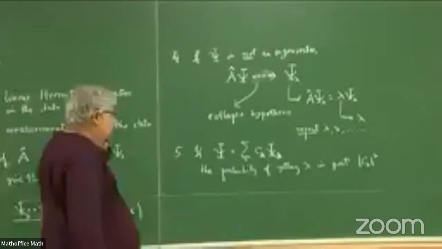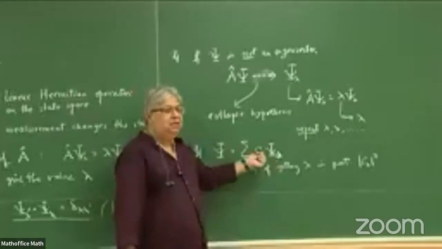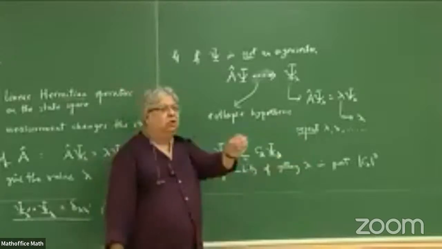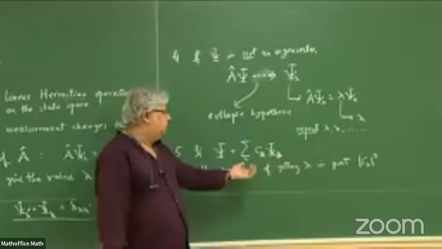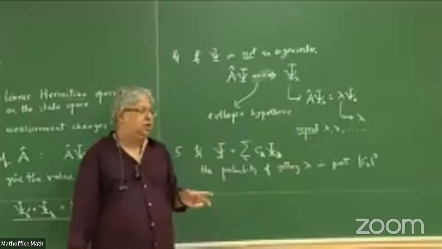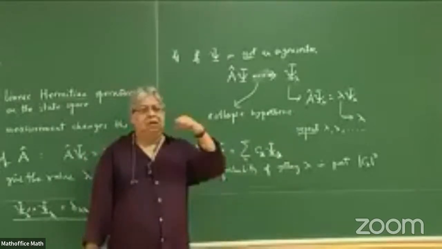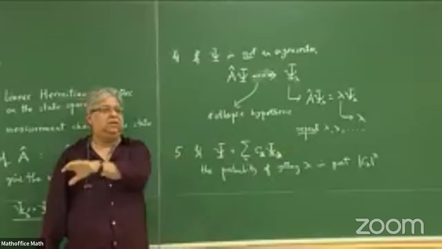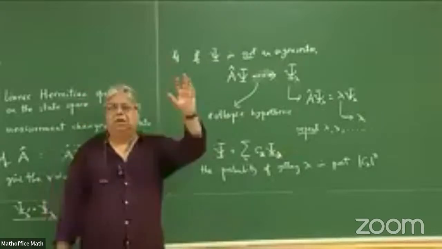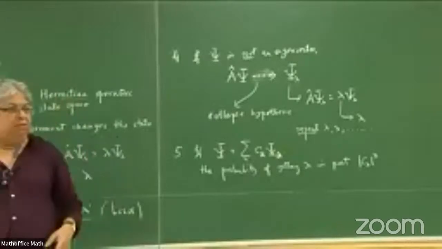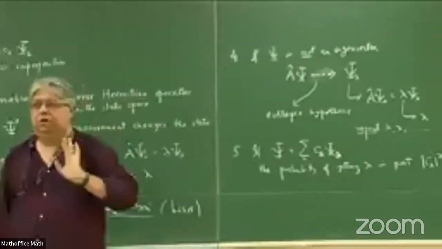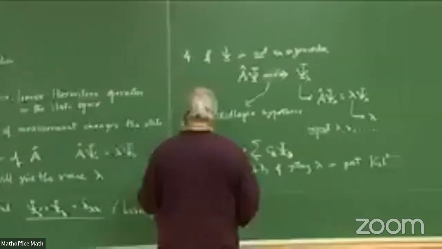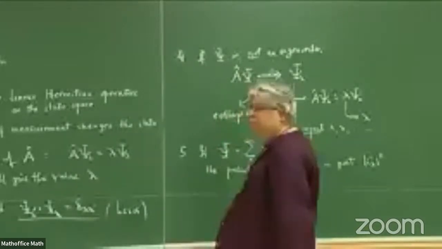So obviously, suppose it's already in an eigenstate, then C lambda is 1 or a delta function. So then of course you will get only 1 for that probability and all the others will be 0. But if it is not, suppose it's a combination of 2 states, and C lambda is, let us say, half and half. Then you get 50% probability of getting this lambda or that lambda. Suppose it is 1/4 and 3/4, then 3/4 of the time you will get that state, and 1/4 you will get this state. So that's the probability of getting lambdas. And these numbers, half and half, or 1/4, 3/4, are C lambda squared.